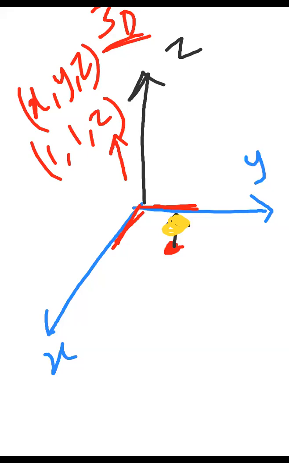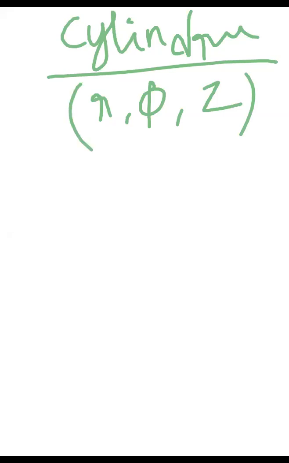Okay, now cylindrical coordinate system. Anybody, what is the parameter of the cylindrical coordinate system? R, theta, z. R, pi, z. Don't use theta, try to use pi. R, pi, z. Because another factor theta will be coming in the spherical coordinate system, and then you will have confusion there.